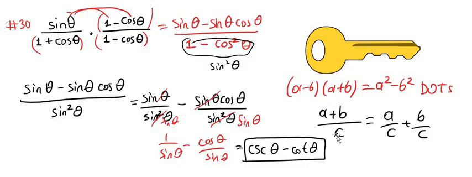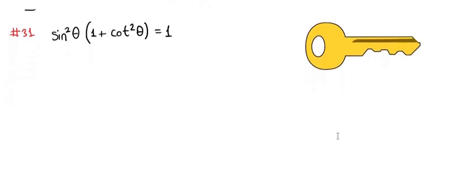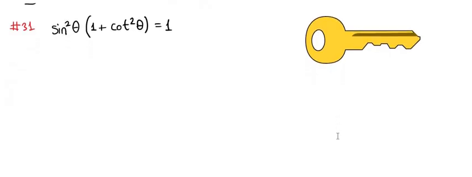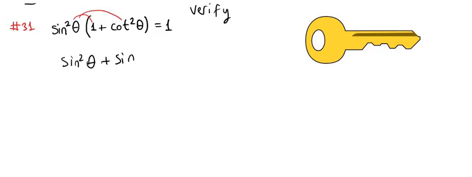Okay, let's see another problem. Sine squared theta times 1 plus cotangent squared theta equals 1. We're going to verify this identity is equal to 1. Okay, let's multiply out. Sine squared theta times 1 is sine squared theta. Sine squared theta times cotangent squared theta is sine squared theta cotangent squared theta. Now, maybe we can express everything